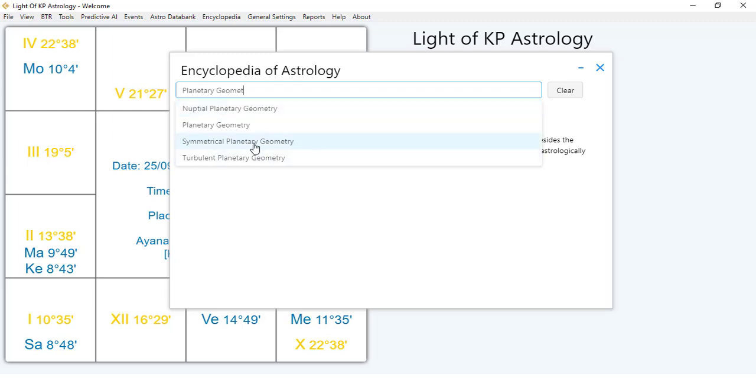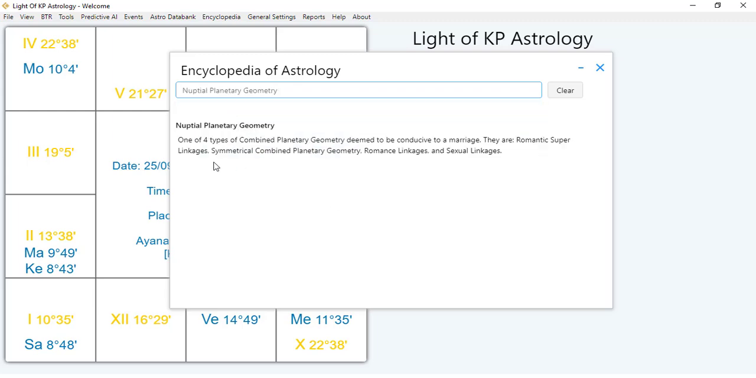Symmetrical planetary geometry, nuptial planetary geometry, one of the 4 types of combined planetary geometry. There are romantic superlinkages, symmetrical combined planetary geometry, romance linkages, sexual linkages. Okay, there are so many things to learn. So LOKPA,